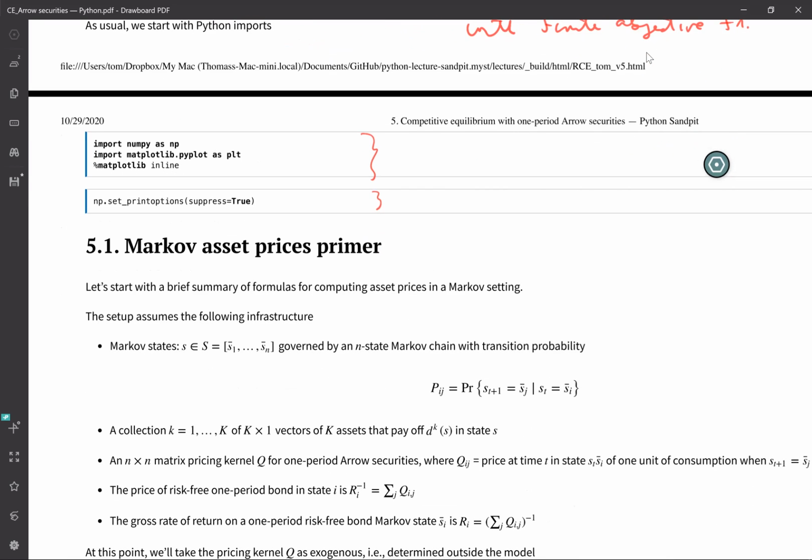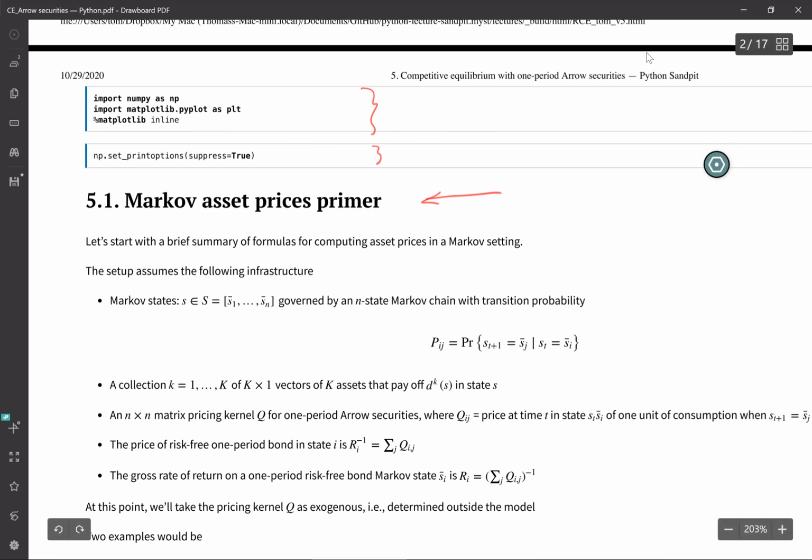So I want to begin with this is kind of a 5-minute description of Markov asset pricing, introduction and summary of a lot of asset pricing machinery that we've touched on a little bit, but you're equipped to. So we need some infrastructure. So infrastructure is we're going to have some Markov states, 1 through n, and they're governed by a Markov chain,